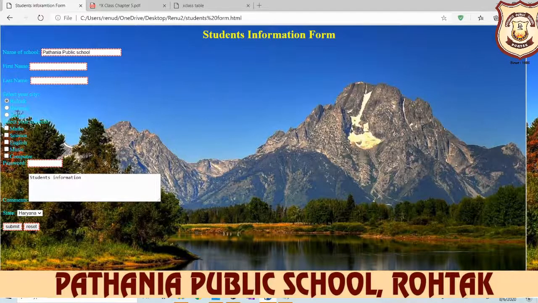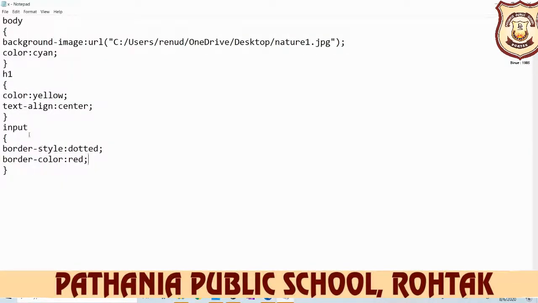And if you want the input box background color changed, you see the background of these input boxes, these text boxes, is white. If you want to change it, then we write in input here, anywhere you write between the block, no effect is there.